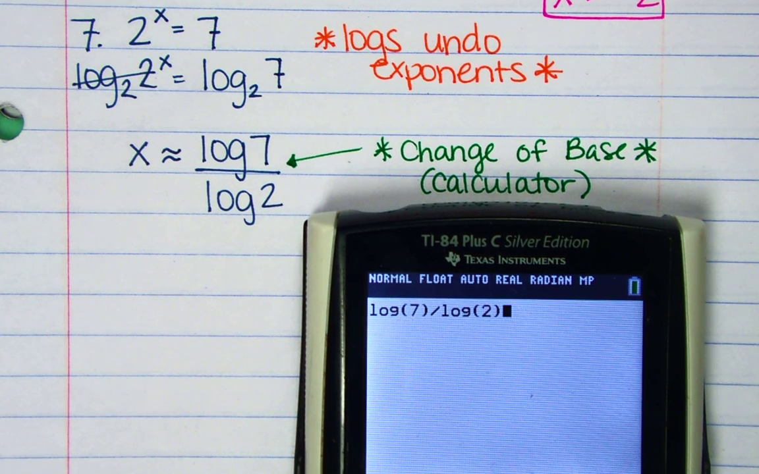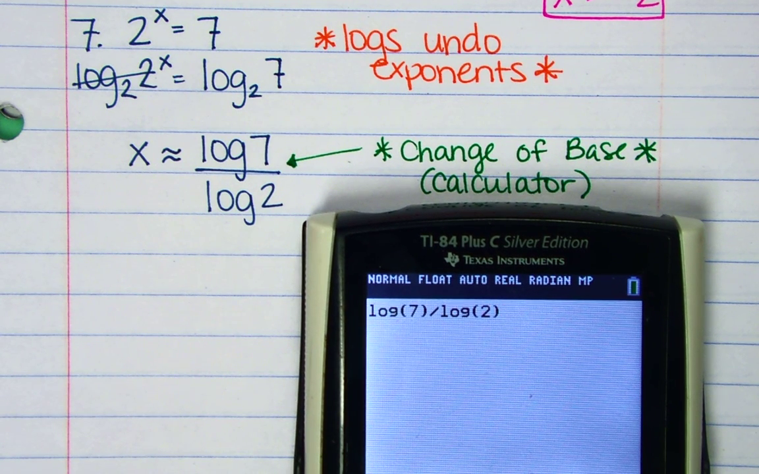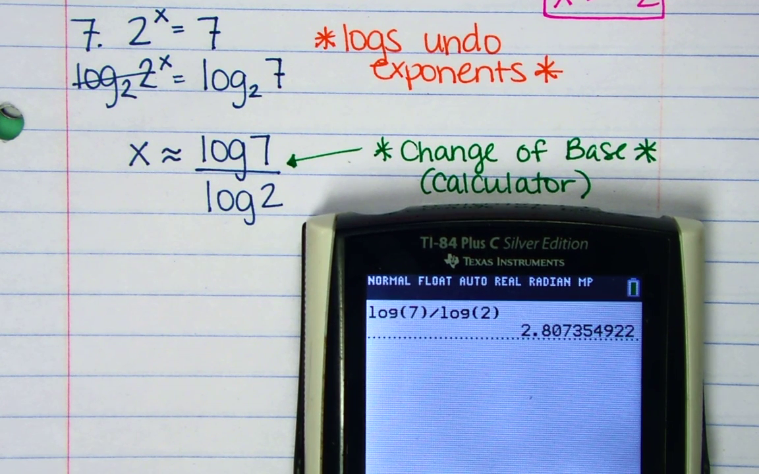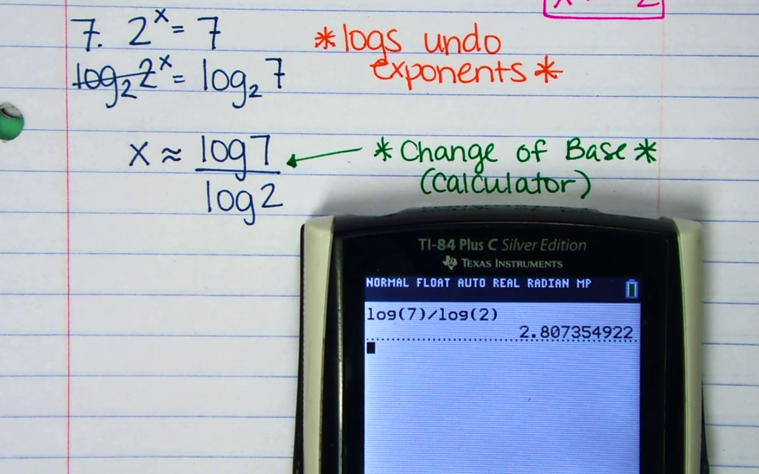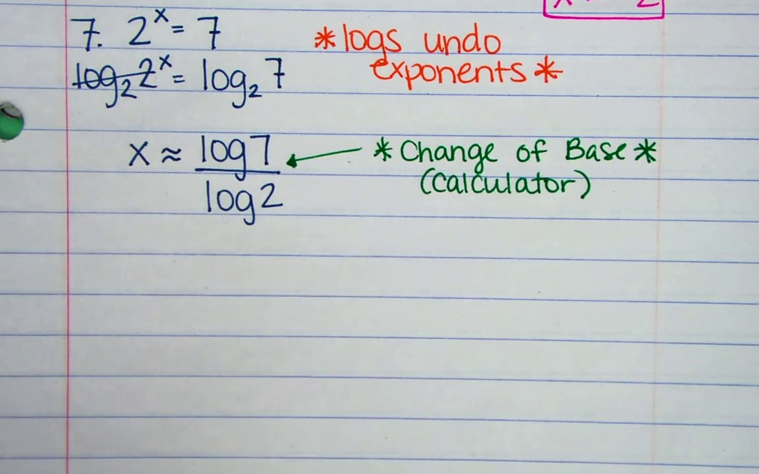Remember I said it should be between 2 and 3, right? Because 2 squared is 4, and 2 to the third power is 8. All right, so 2.807. 2.807 is what it is. So x